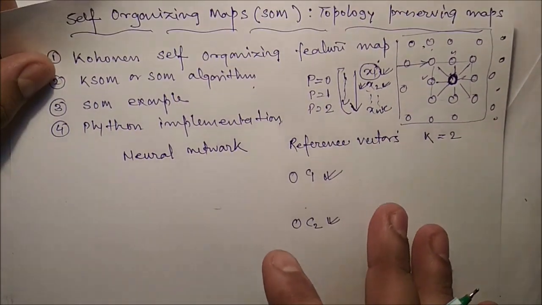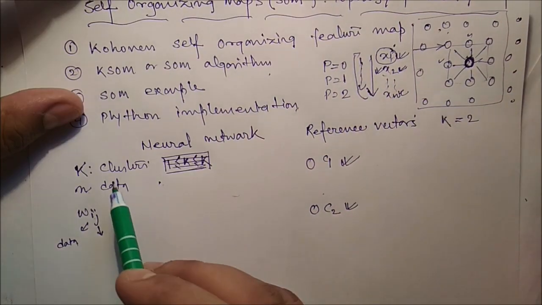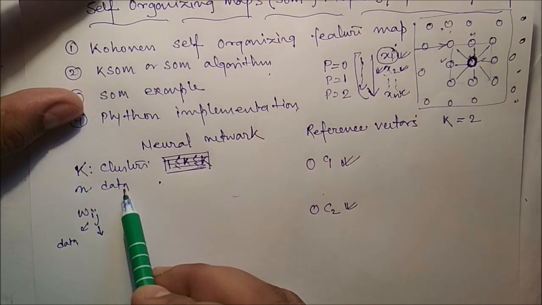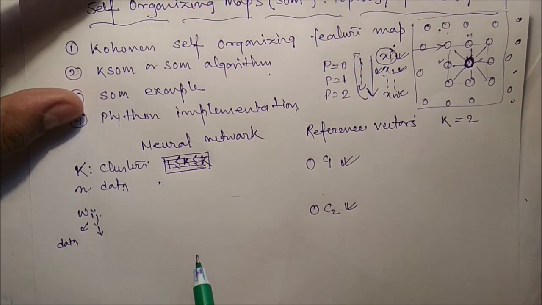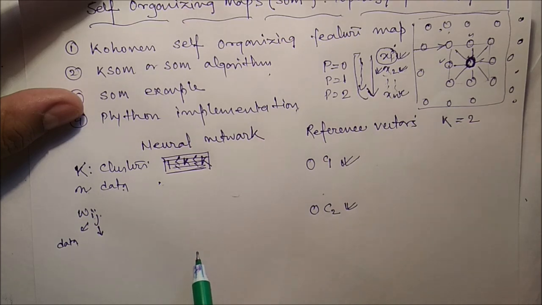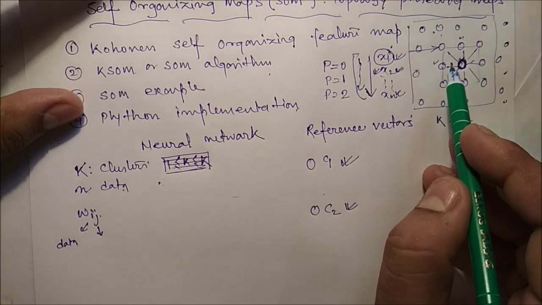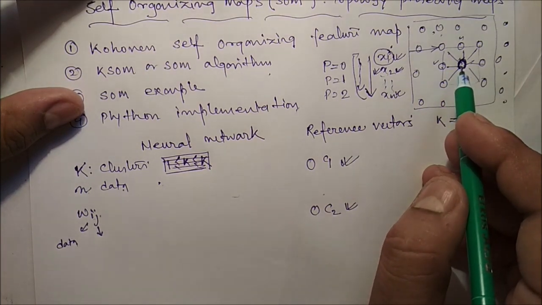So through the neural network approach we can identify the clusters. Let there be k number of clusters and n number of data, and we have weights wij. It's a vector, and the ith data is associated with the jth cluster. Now during the self-organizing process, the cluster unit whose weight vector matches the input pattern most closely is chosen as the winner. To identify the closest center, we use the square of the minimum Euclidean distance.